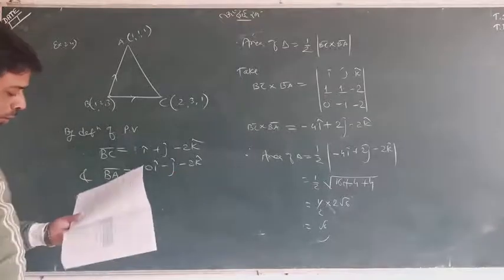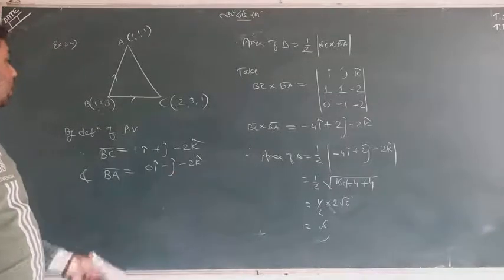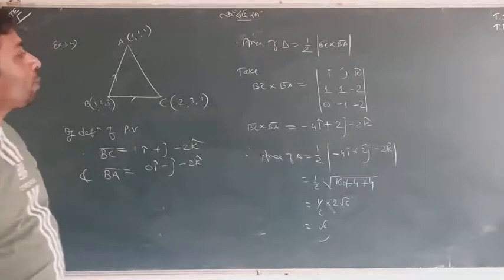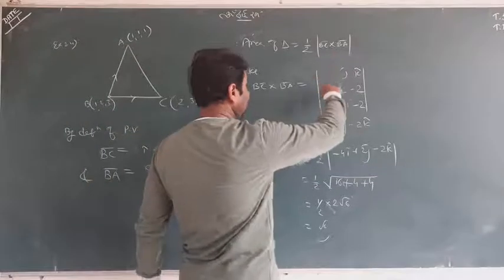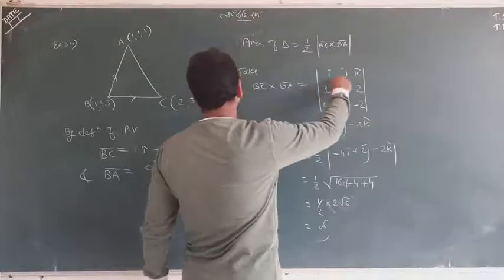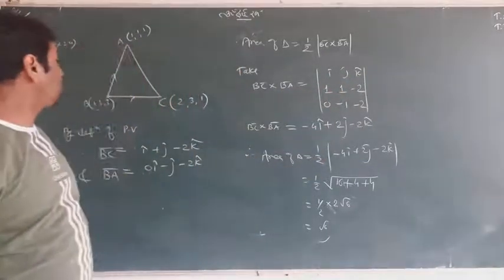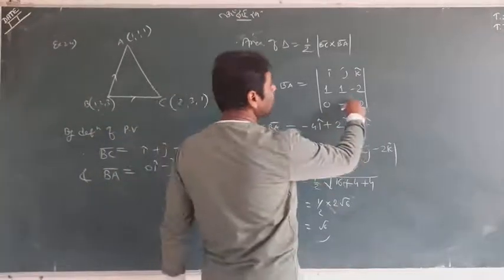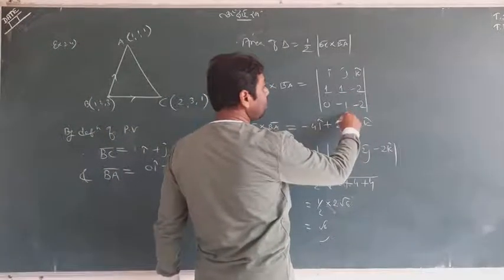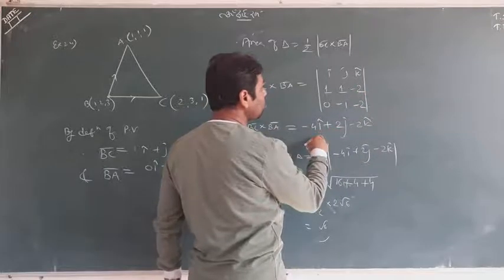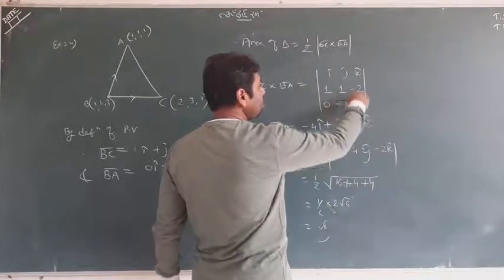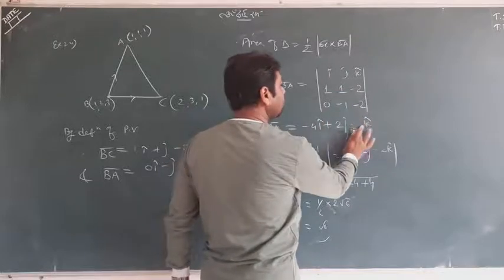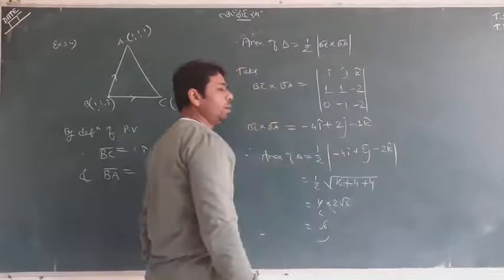It was all fine. The second thing is for the area of the triangle, 1 upon 2 BC cross BA, which we have chosen. So it was BC cross BA: i, j, k, 1 1 minus 2, 1 1 minus 2 and 0 minus 1 and minus 2. I'll open it again. Minus 2 and then minus 2, that is minus 4. Minus 2 0, meaning plus 2 and minus 1, and that was minus 1 actually. I wrote it, it's minus 2.